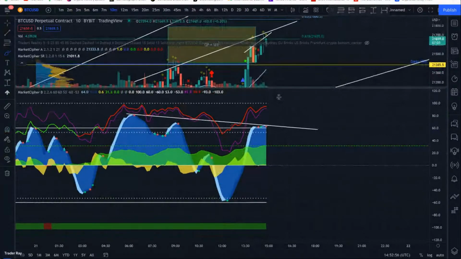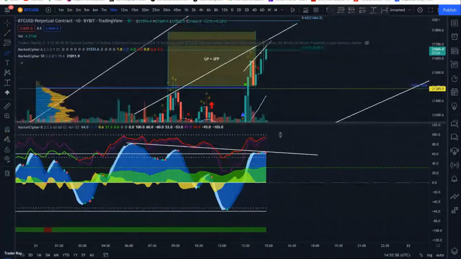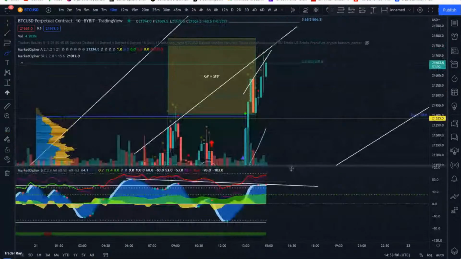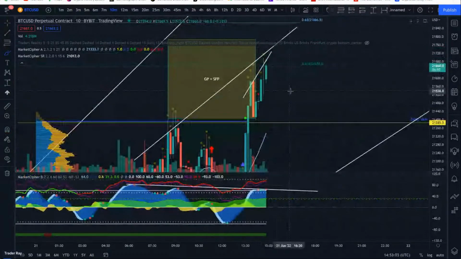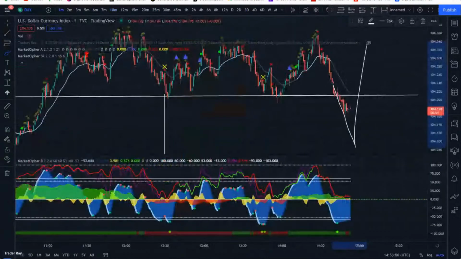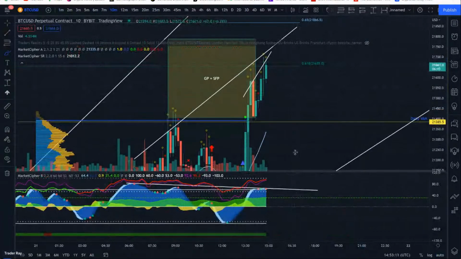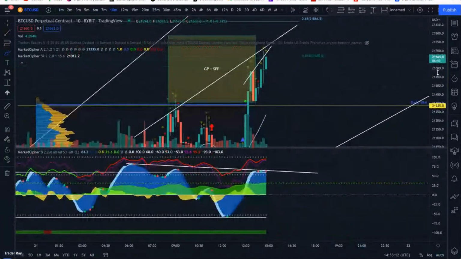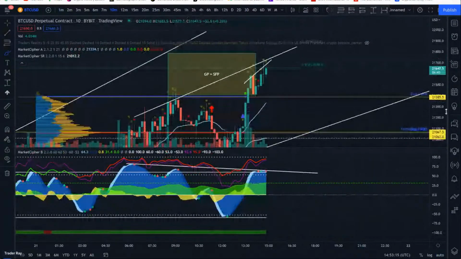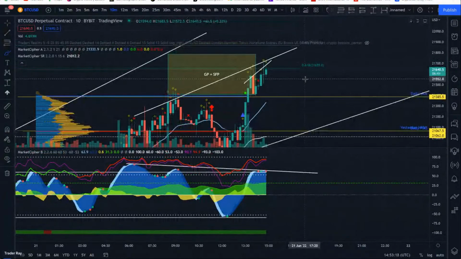Money flow is still thick in the green. We are pumping now up back into the golden pocket. What is the dollar index doing? Lower. That money flow concerns me. I'm not going to lie. That money flow concerns me. The RSI says we might go lower, but the money flow says,